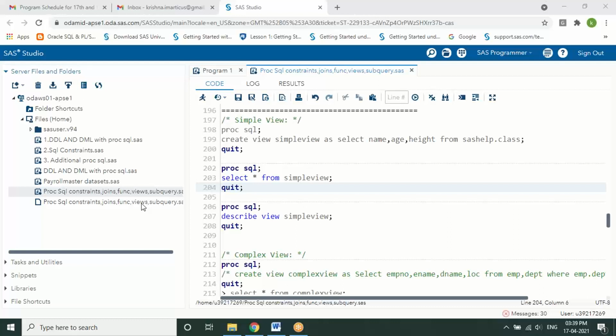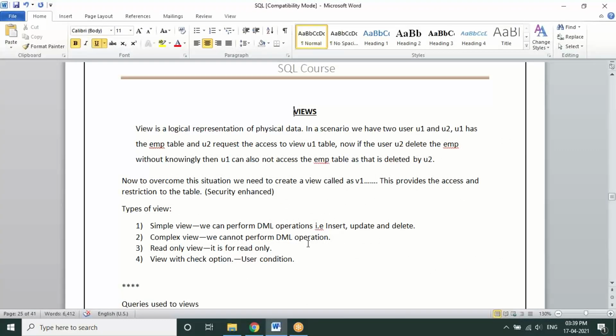What do you mean by a view? Why is it actually required? What is the purpose of creating views in SQL?